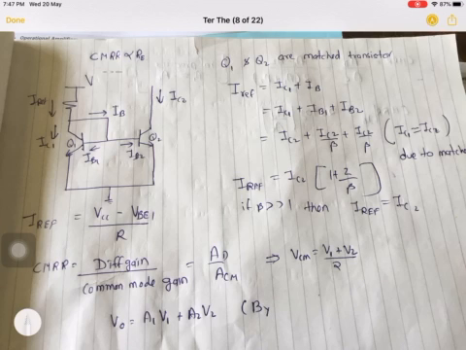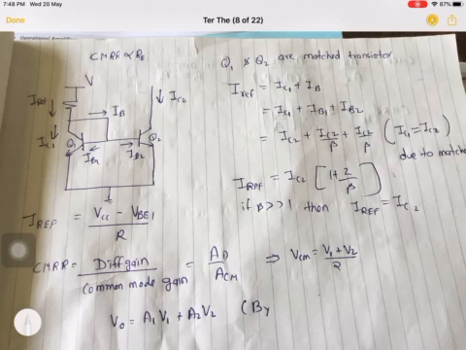CMRR is proportional to RE. We had observed that bias current was inversely proportional to RE. Now CMRR is proportional to RE. For any op-amp, we want CMRR to be as high as possible. I'll describe CMRR in detail in later slides, but right now just assume CMRR is a property of an op-amp, and for any op-amp, CMRR needs to be high. So we need to increase RE.